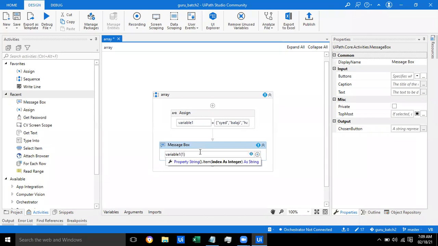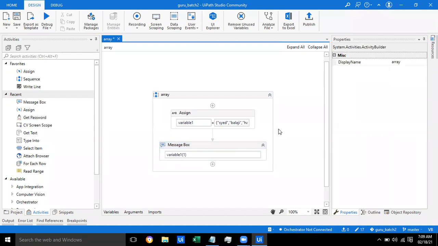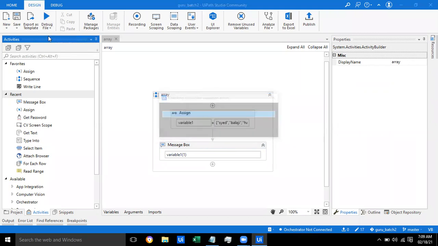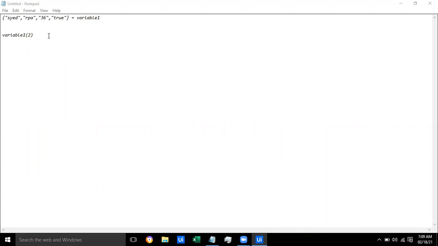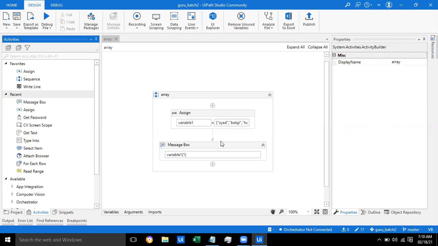Not parentheses, it is open and close bracket. Okay, so let me run this file, guys. So I got Balaji.